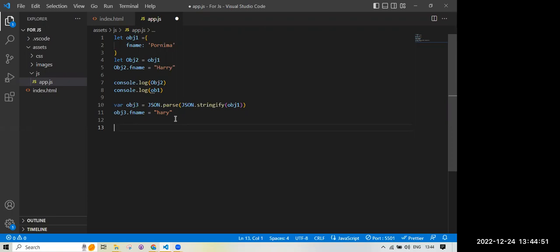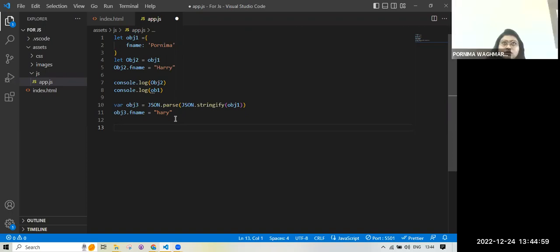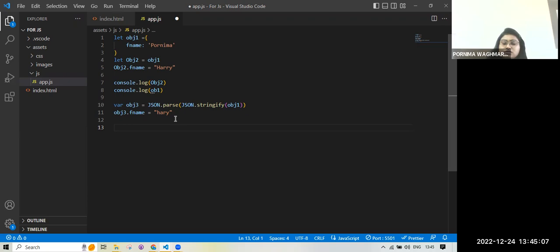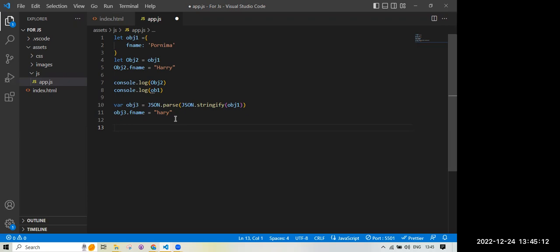Right. Okay, have you heard about PWA? Progressive Web Application? Means web optimization? No, progressive web applications. No, sir, I have not heard about it. Okay, it is like a mobile app. It's not exactly a mobile app, but it looks like a mobile app.